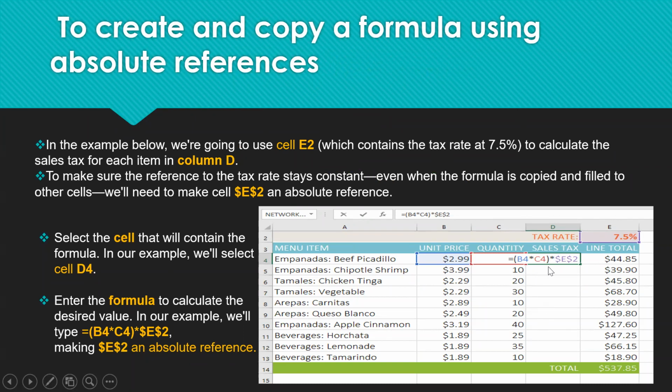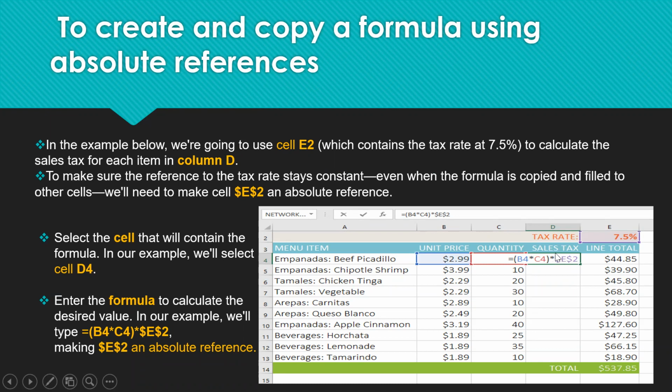So this is the example we saw, right? We calculated the sales tax in this particular column where the tax rate is given here. Then we use addition to find the total. In this example below, we are using cell E2, which contains the tax rate, to calculate the sales tax for each item in column D. To make sure that the reference to the tax rate stays constant, even when the formula is copied and filled to the other cells, we need to make cell E2 an absolute reference.